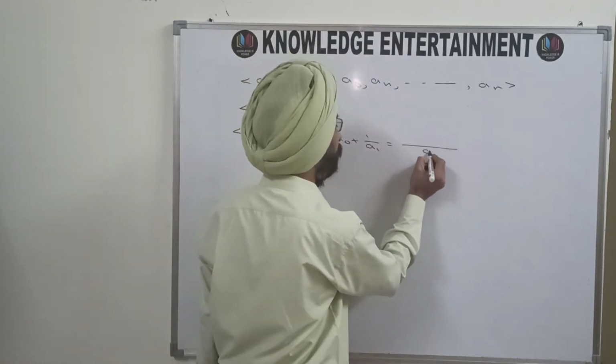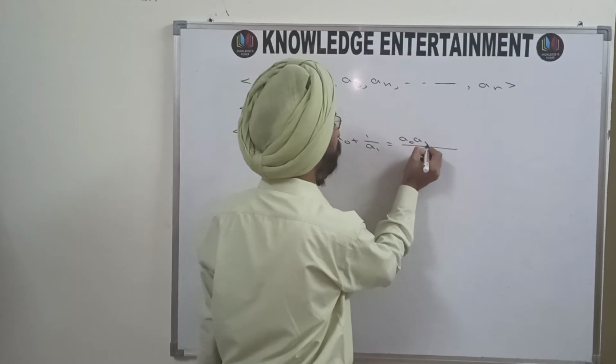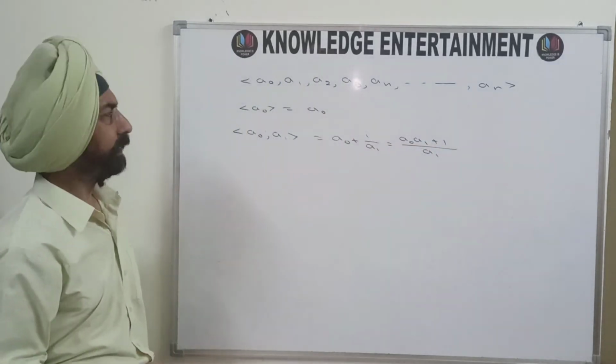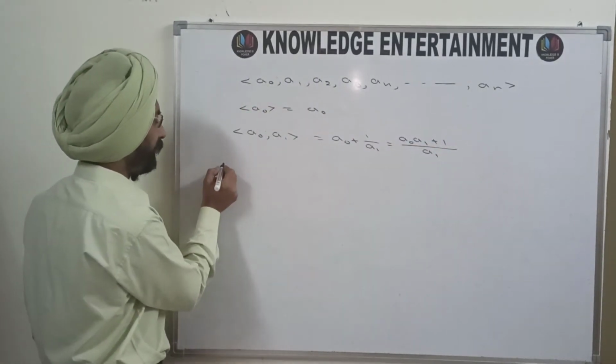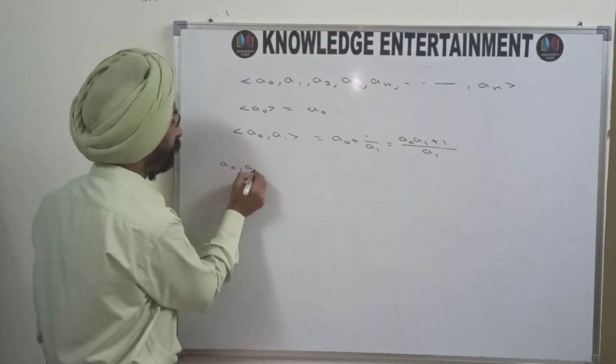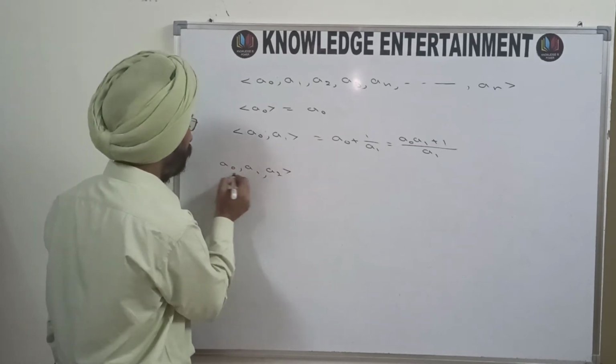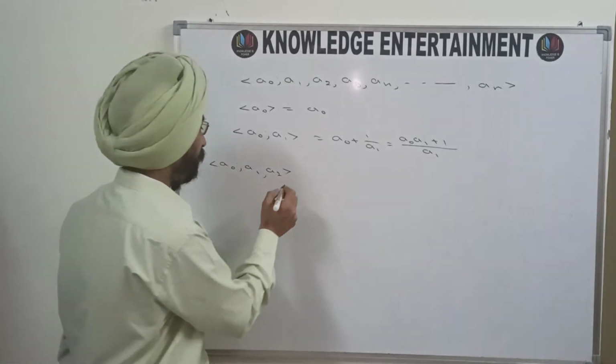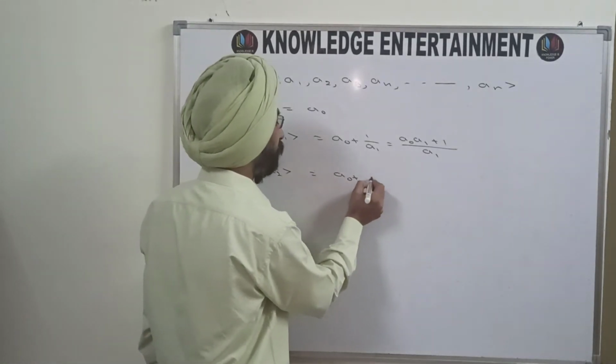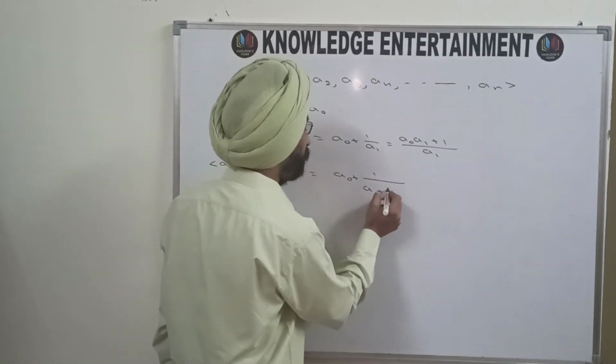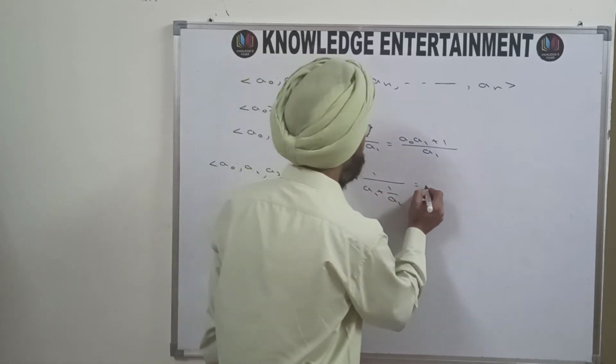If you take the first three, [a0, a1, a2], then you will get a0 plus 1 upon a1 plus 1 upon a2, which means